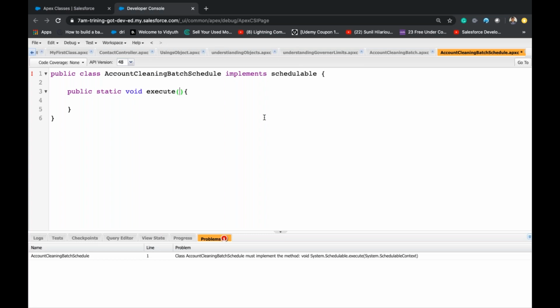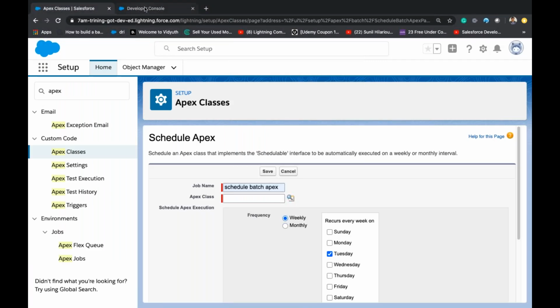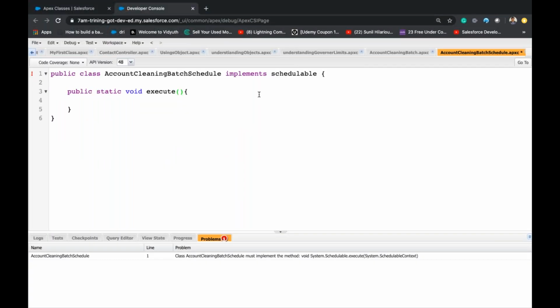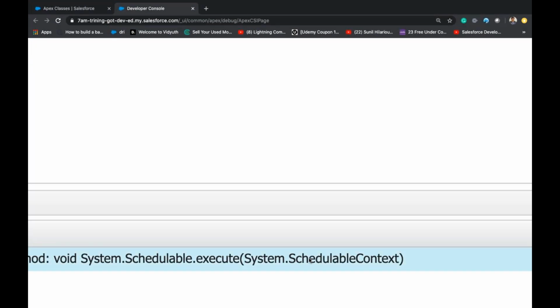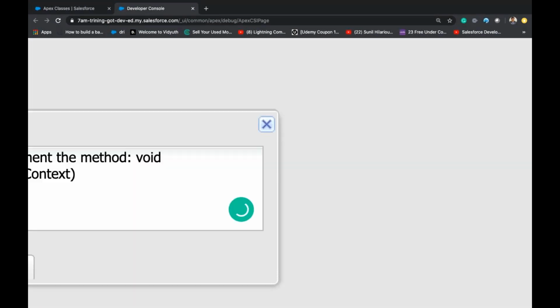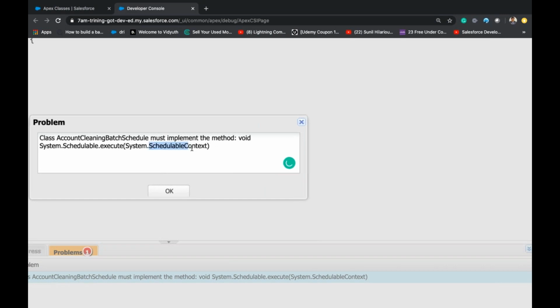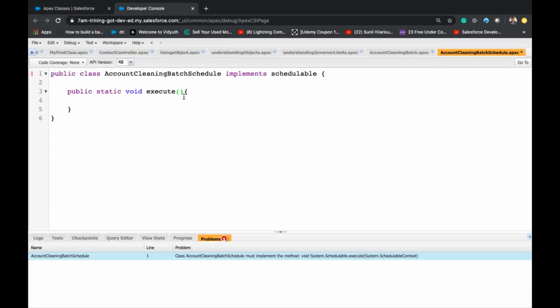And always remember, whether it's batch, schedule, or queueable Apex, you need context variables. Those context variables will give us true or false. If you go down, you'll see this. You can just copy paste from this schedule context, some SC.